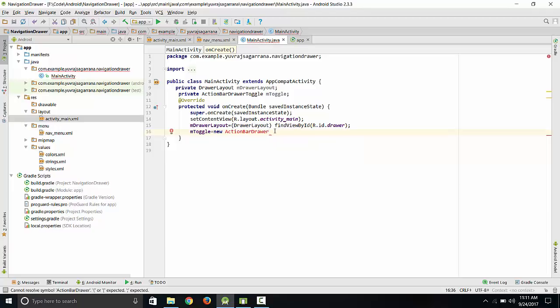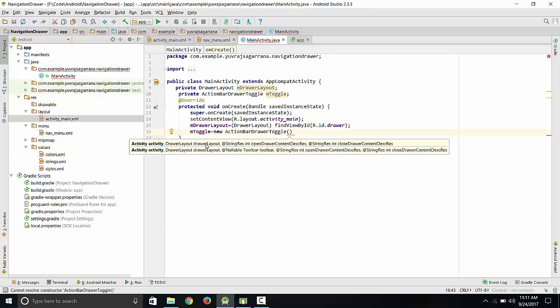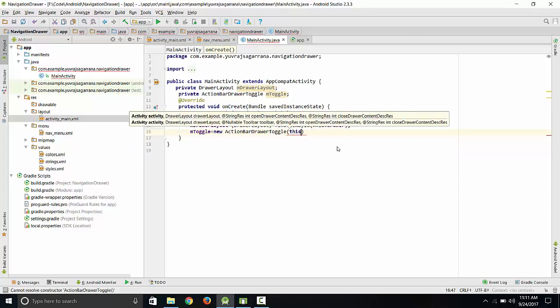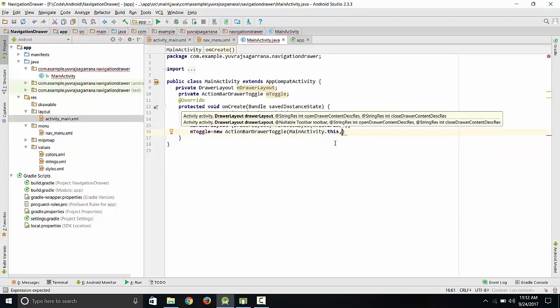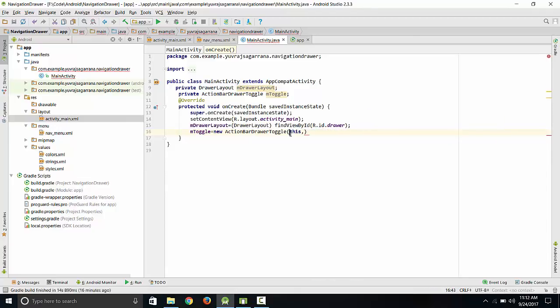Here, go to action bar or toggles, and it takes four arguments as shown here. And what are the four arguments? The first one is the context, that which activity, which class you want to show. Either you can write this or main activity dot this. You can write both, and I will write simply this. This is a keyword that refers to the same activity where we are doing coding, that is main activity dot java. Now another thing it will take is am or layout,